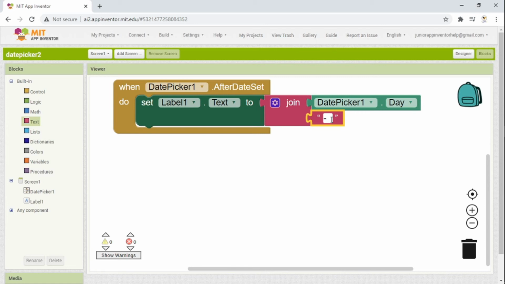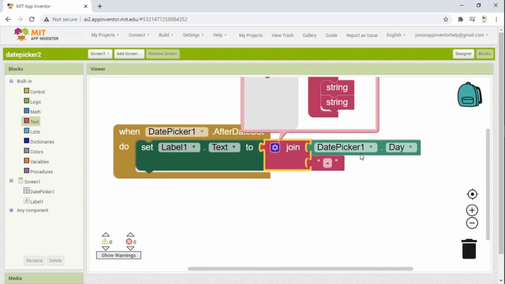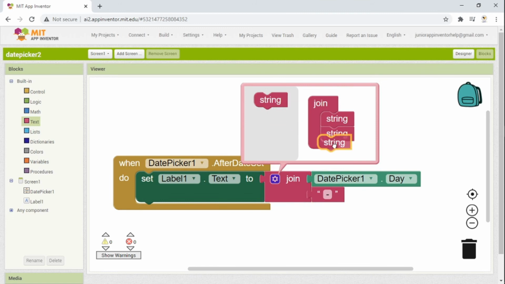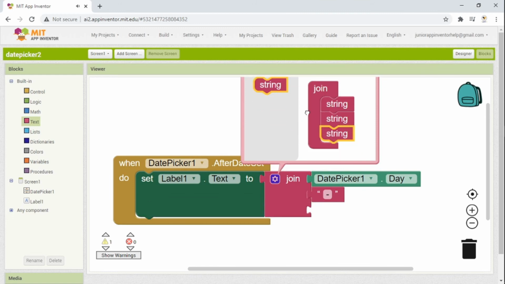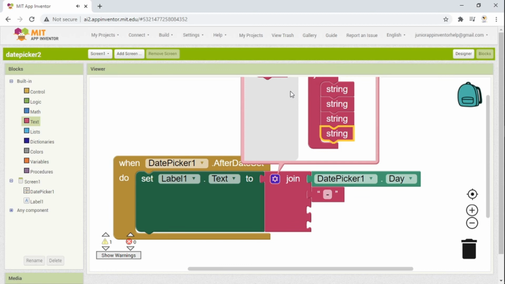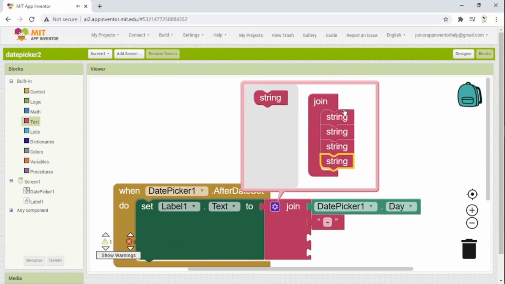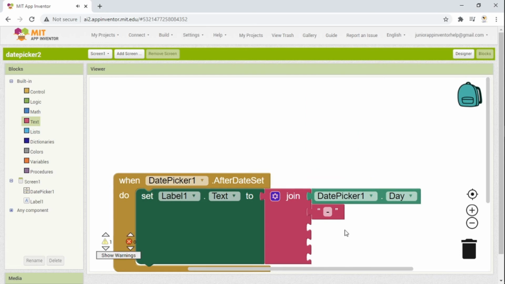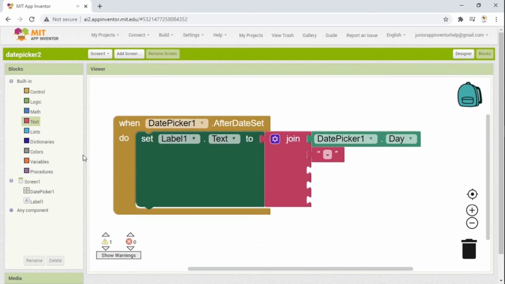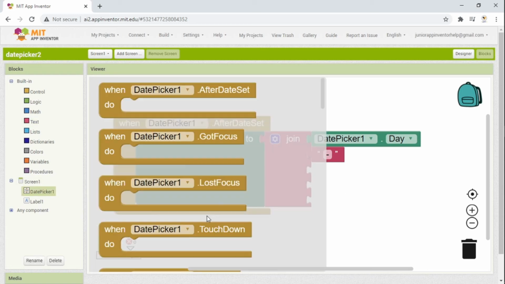We also take more strings. Here is the month, then a dash, and then the year. So first the day, then a dash, and then the month from the date picker.